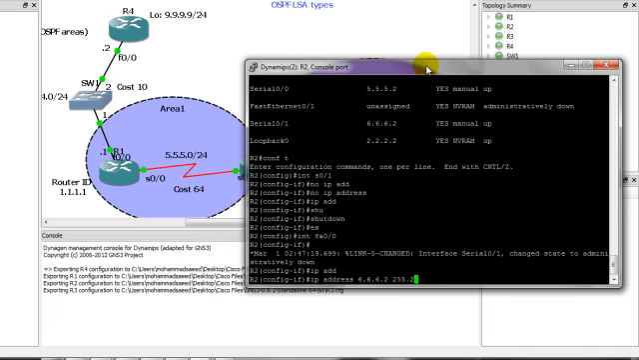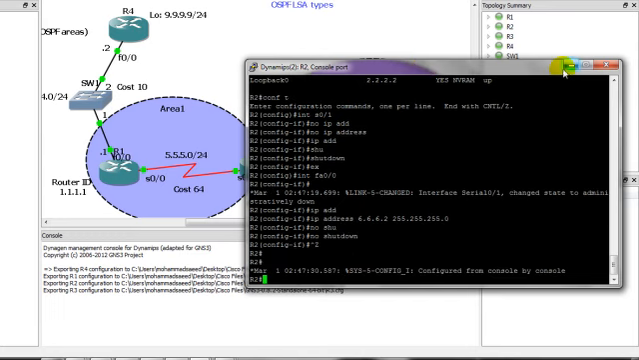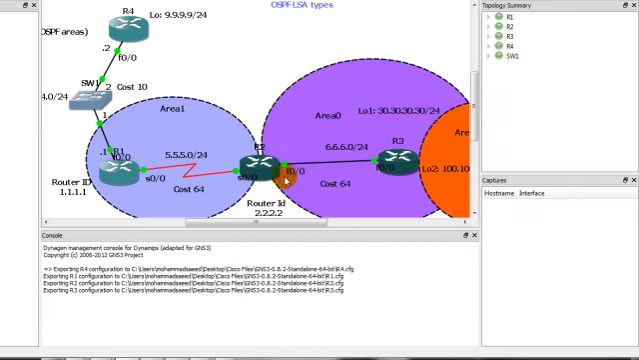6.6.6.2, 255.255.255.0. I'll make it no shut. Now I think it's correct. What I did here, I removed the serial link and replaced the IP address of the serial interface to the FastEthernet interface. Just easy, but I did maybe some